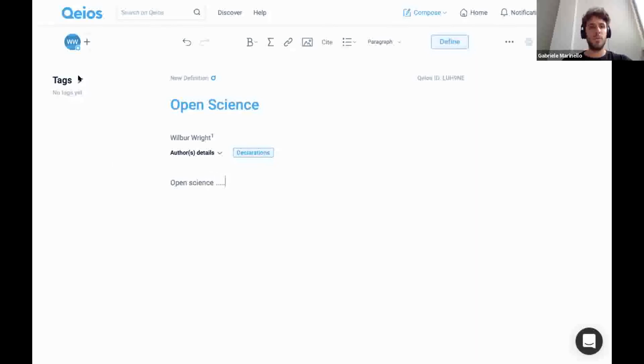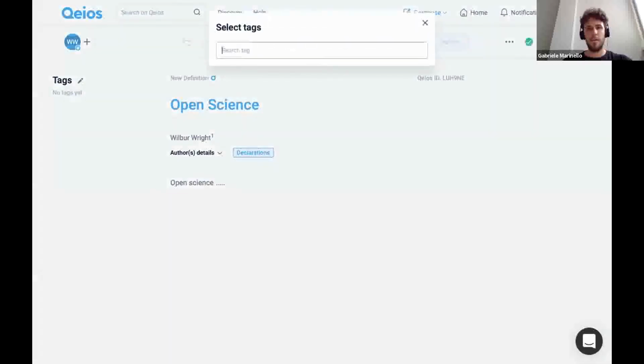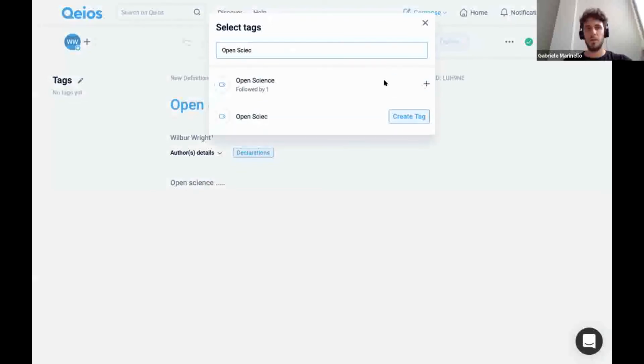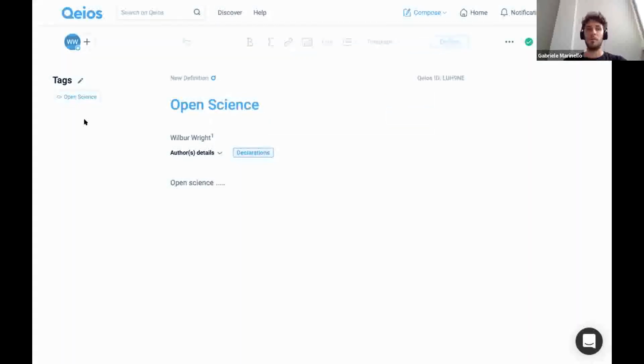As I told you before, I can add some tags to my definition so that it's much more discoverable, because I can follow tags. By following tags, I can see in my own feed all the authors and all the research that might be of interest to me.